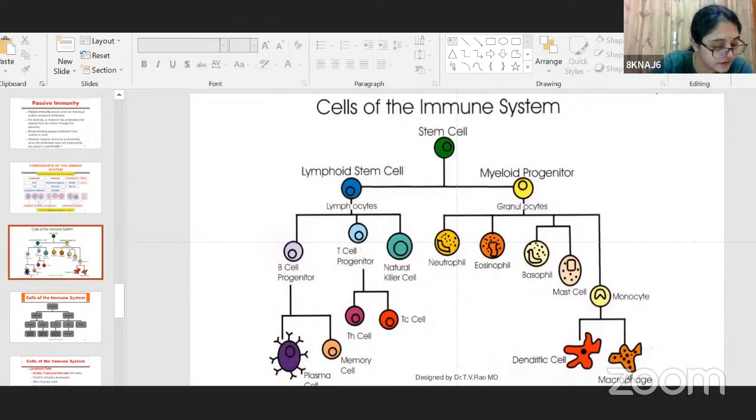Now, when it comes to the cells in the immune system, you get to see that they are coming from bone marrow. We have already learned about it. Now, the cells of the immune system,